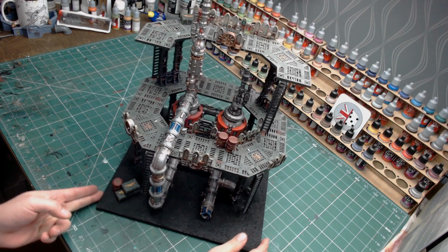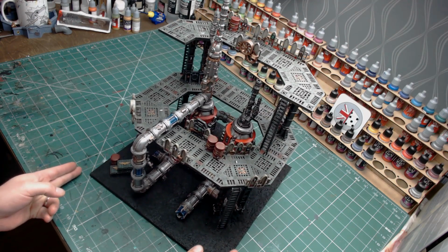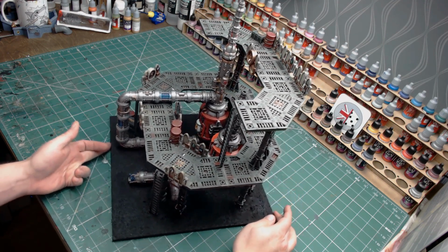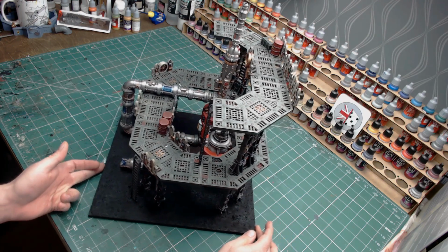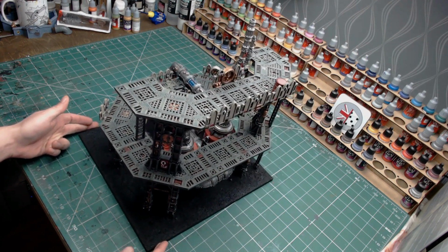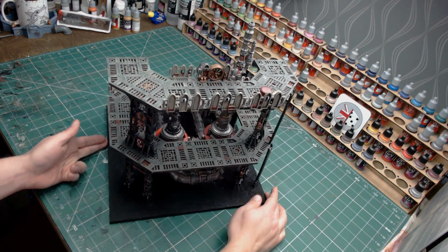But I've just been cutting these with a circular saw. So you remember that little ring one? This is where we've got to with this now. It's not 100% done. The exhaust pipes still need to be finished. They're not glued down. But the rest of it is pretty much done other than just the final dry brush